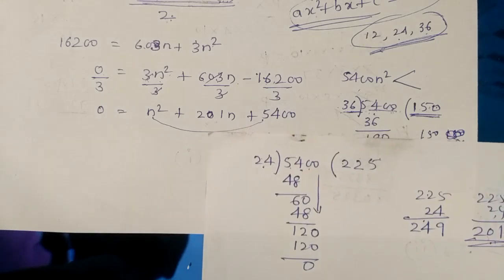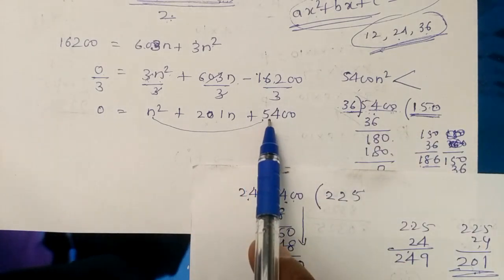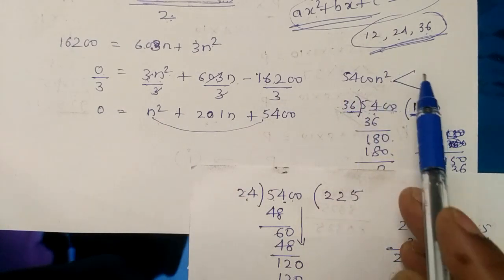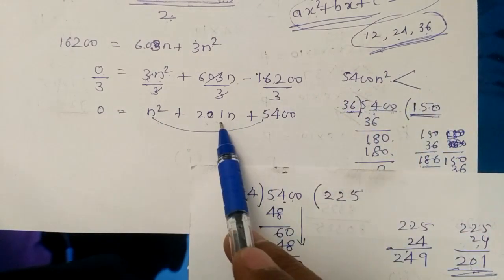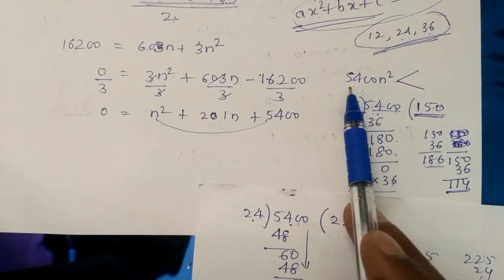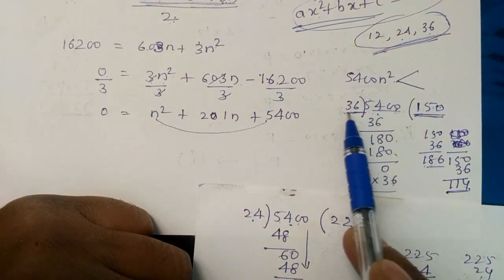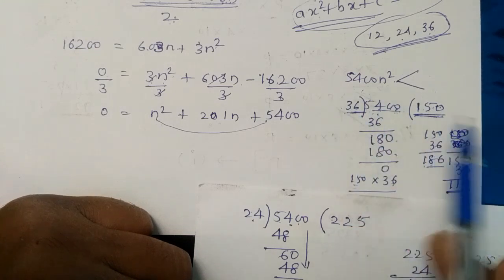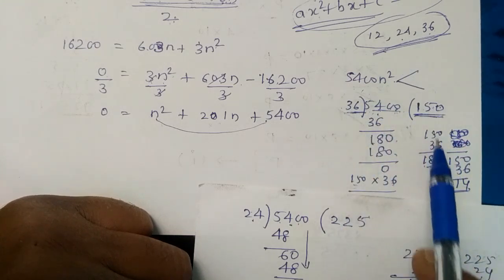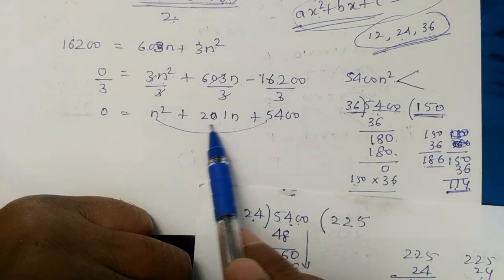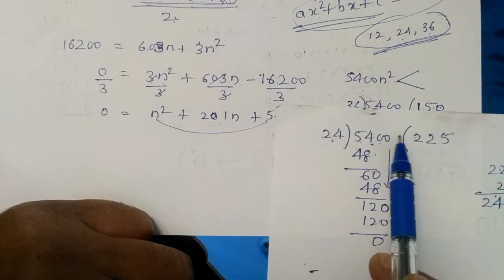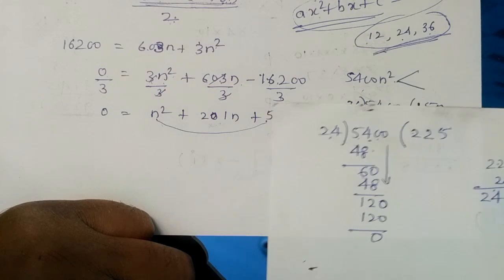So how to check? Once again I explain. 5400 and n square multiplied will give 5400 n square. Which two combination gives you 201? To check this, I divide 5400 from the 36 table. If it is not dividing, cancel. If it is dividing, check the divisor and quotient, once you add and once you subtract. In addition and subtraction, if we are not getting 201, we go for another checking, that is 24. Even if this is also not working, go for 12 months.